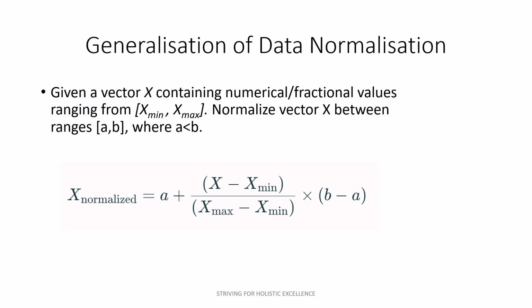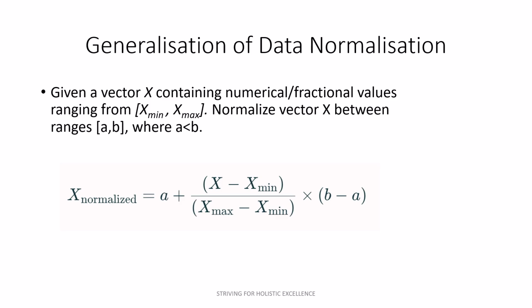Let us study this one by one. What is the meaning of x minus x min divided by x max minus x min? This is in fact the previous formula. By x minus x min divided by x max minus x min, we have just normalized these values between 0 and 1. All the values that belong to the domain x min to x max can be rescaled or normalized between 0 and 1 by using x minus x min divided by x max minus x min. Now when you multiply